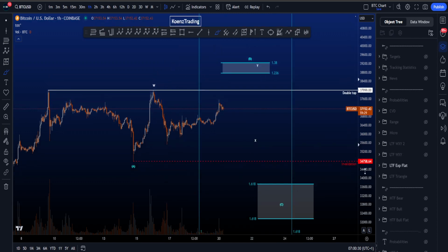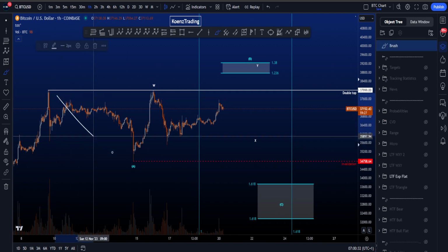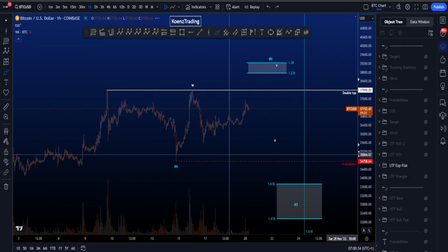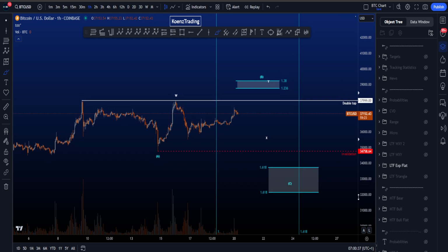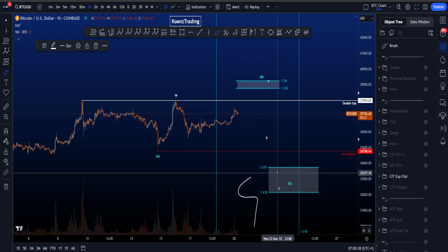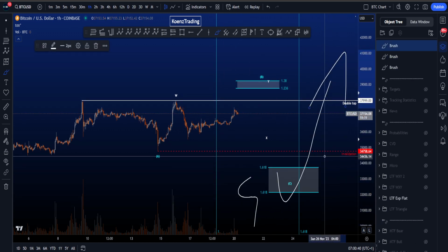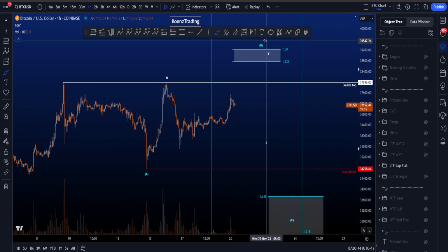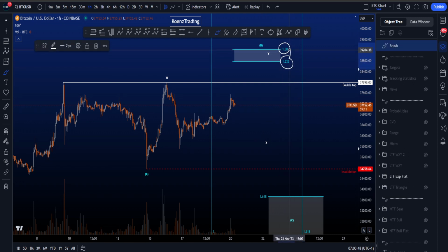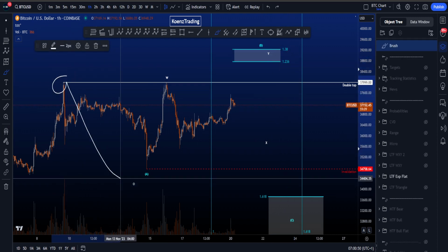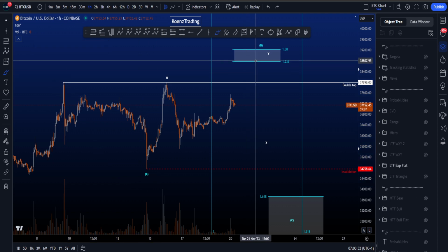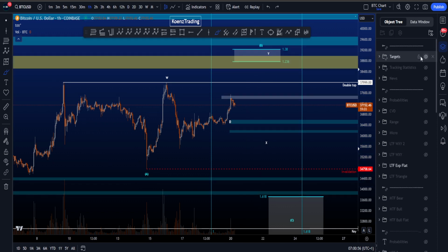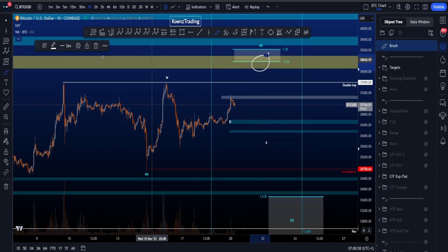If you then look at the second scenario here, which is a flat scenario in an A, B, and then eventually a wave C, we're looking for also a bigger 3-wave structure in a bigger wave 4 before then continuation back to the upside after wave C is in. The most common target area for the blue B is between the 1.236 and the 1.38 pulled from the high to the low of this wave A, sitting between 38.7k and 39.2k,